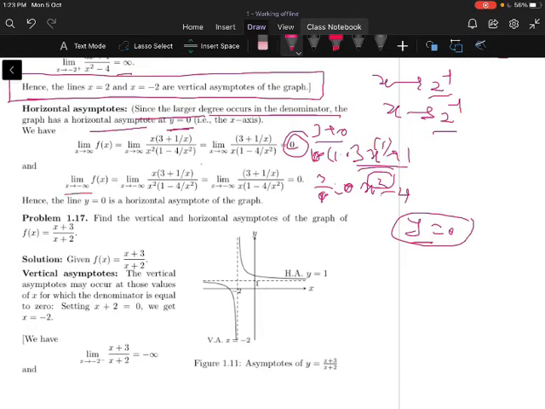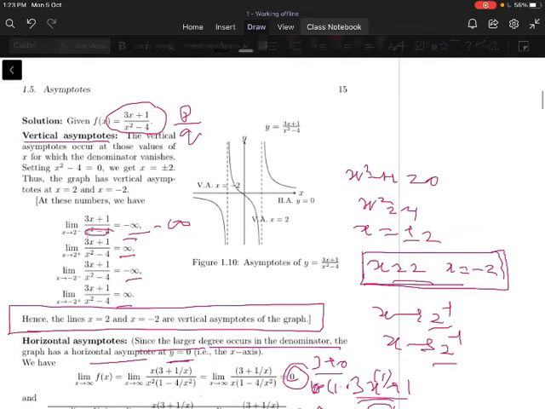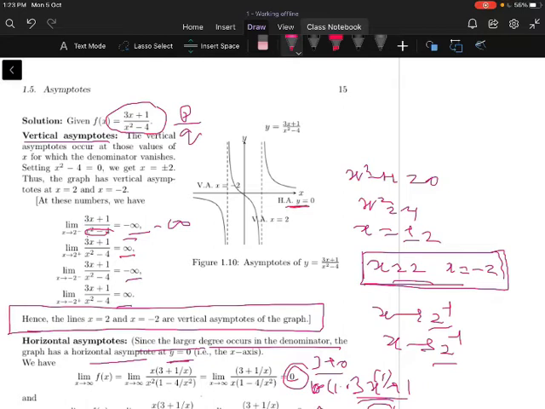Similarly, one can check for x tends to minus infinity also. We will have a 0. So if you have horizontal asymptotes, there is no question of oblique asymptotes. Therefore, the graph of the curve is here. We have seen that y = 0 is a horizontal asymptote. Now the vertical asymptote: x = 2 is a vertical asymptote, and x = −2 is another vertical asymptote. Then the curve.